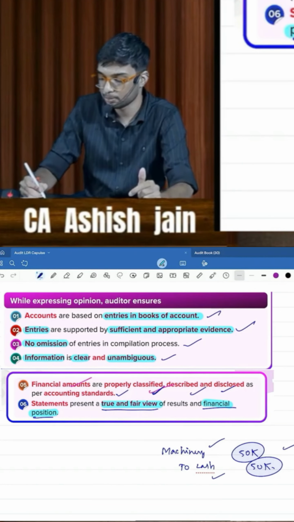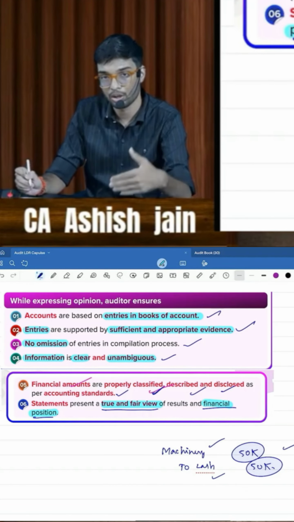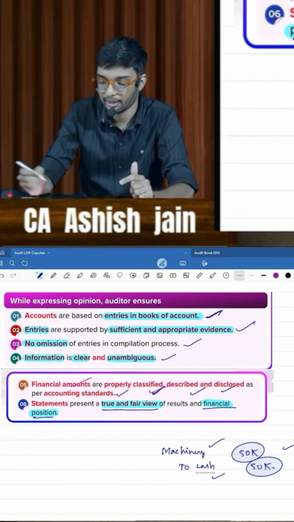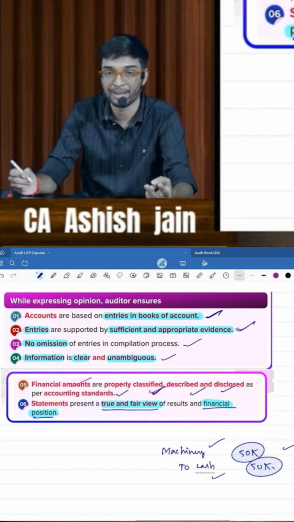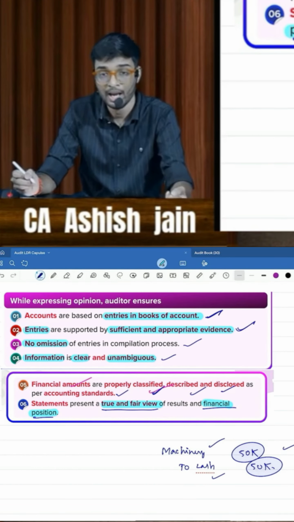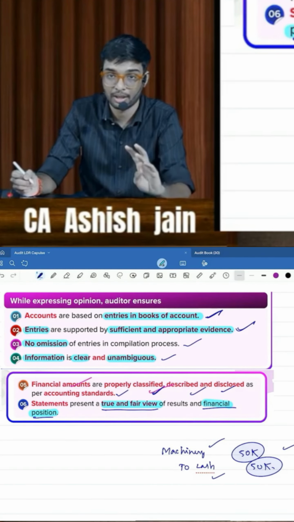I hope that if you remember this particular entry, you can recall all the points very easily. So the first point is putting entries in the books of accounts. Then comes sufficient: on what basis you are putting entries. There should be sufficient appropriate audit evidence, and there should be no omission,